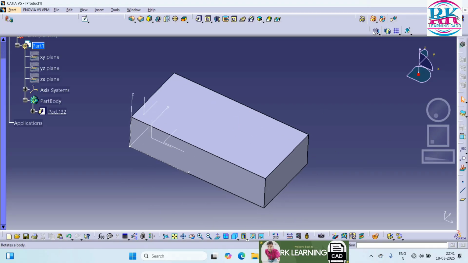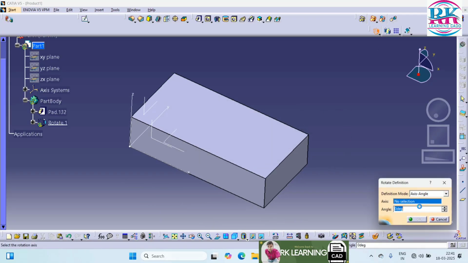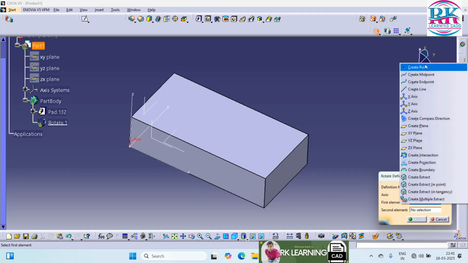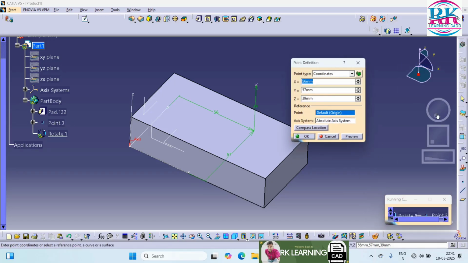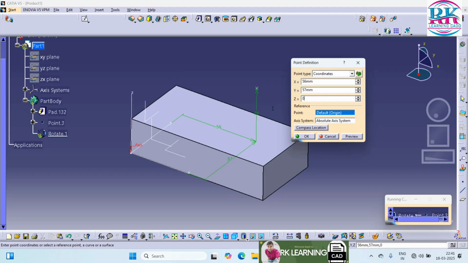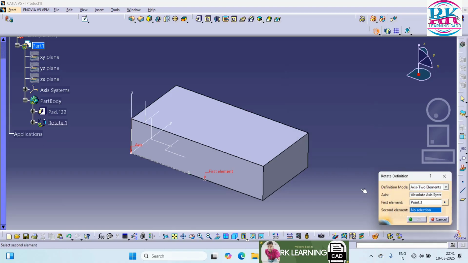Okay, so go here, press yes, and select axis to elements. The axis is this one, so you select this axis. Now there is no element, so right click and create a point. The x direction is 0, the y direction is 0, and the x direction here is 56.